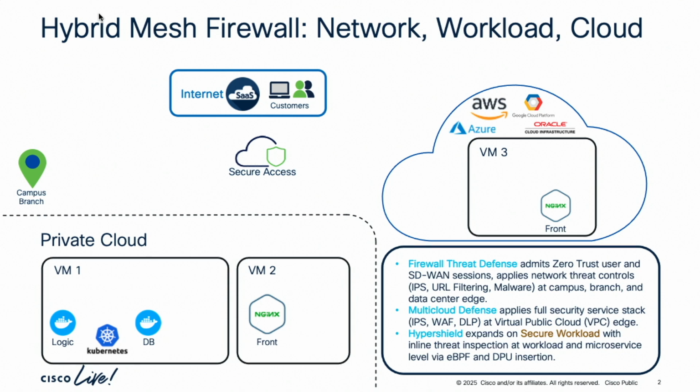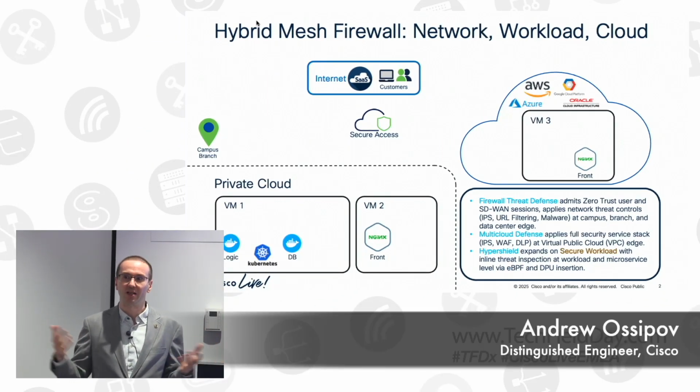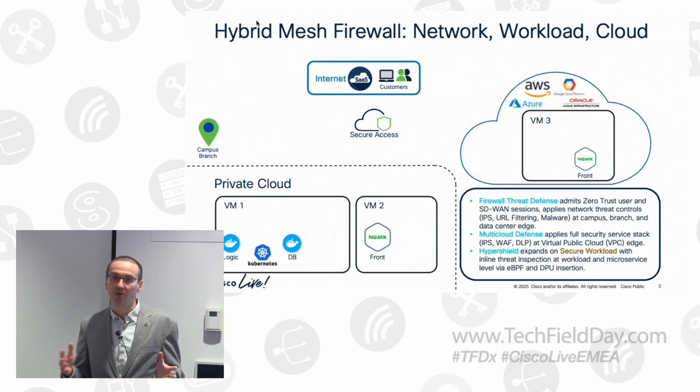Up until not too long ago, there was a tendency to use the network firewall for all things security on the network, which sort of makes sense. I had very large customers, very big companies, who managed to take a firewall, put it into the data center, and put each application host into a separate private or isolated VLAN and use the firewall to stitch them all together, which you can only imagine how complex, fragile, and, frankly, mind-blowingly interesting it was. But lately, the tendency has been to simplify data center security in general,